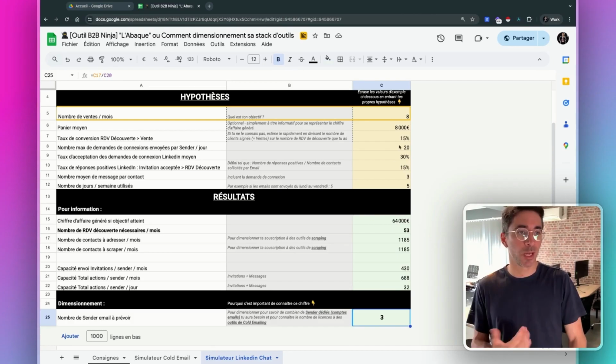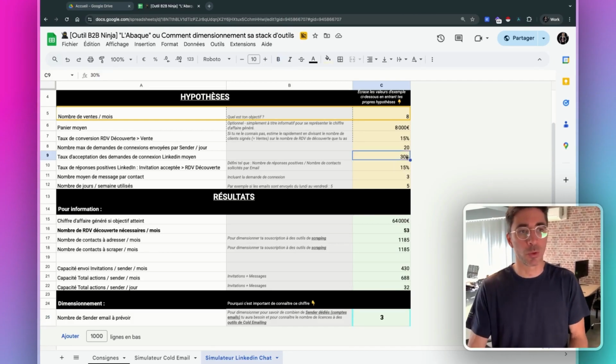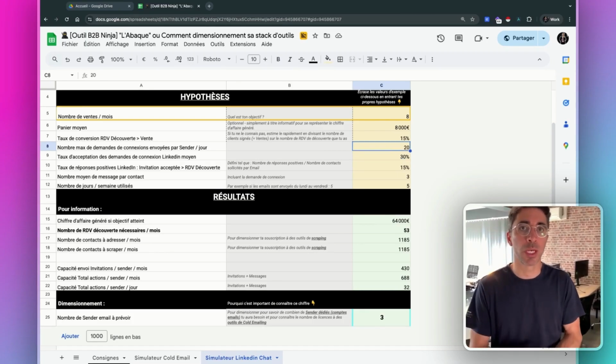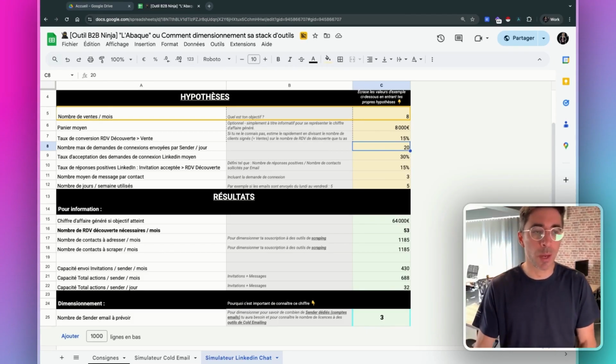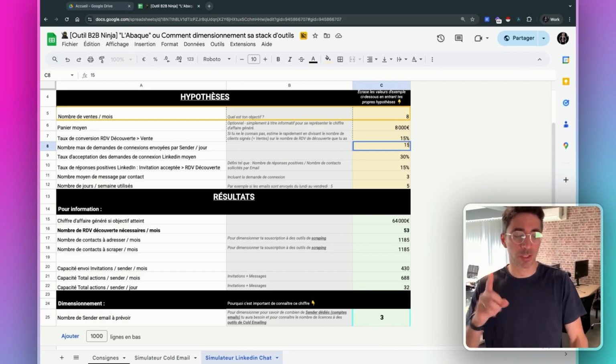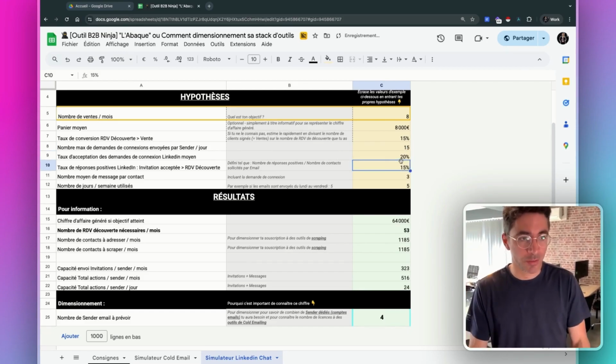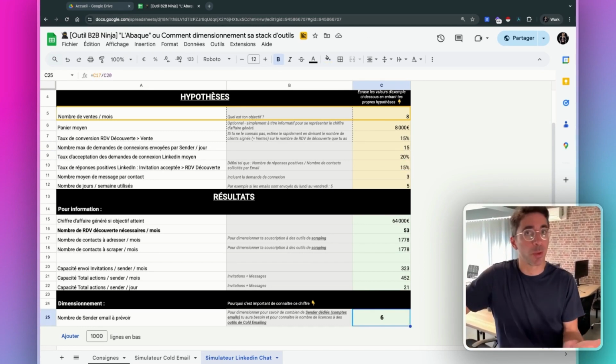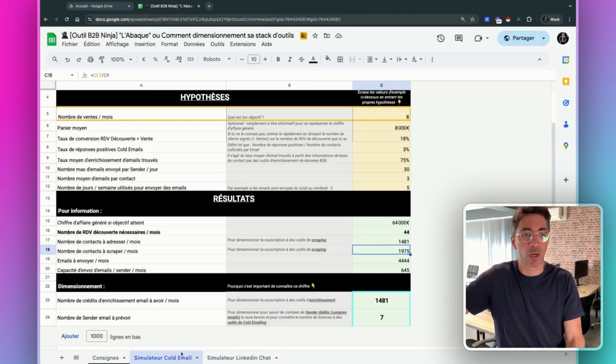But why not? If you have assumptions because you know that the assumptions you've already observed or that you're projecting aren't exactly these ones, if you also have so-called weak LinkedIn accounts, which are very inactive and on which you don't have a paid license, well, the 20 per day might not be achievable, at least on average, because it's really just an average. If that's lower, and you see that you're starting to have a number of LinkedIn accounts that you won't be able to manage with automation, that gives you a clue to say, okay, maybe I have 2 LinkedIn accounts, I'm going to use them, but here I would need 6. Then I'm forced, in order to scale and reach the goals we have, to turn partly to cold emailing.